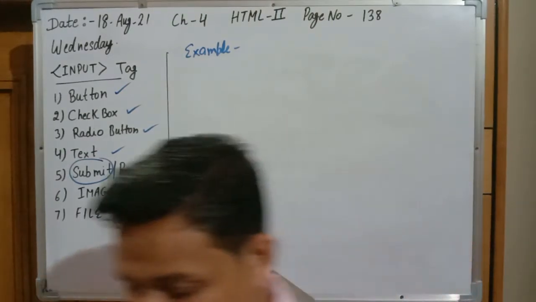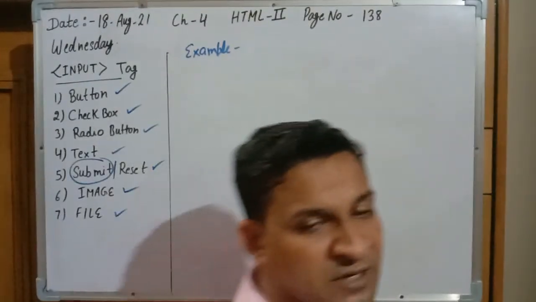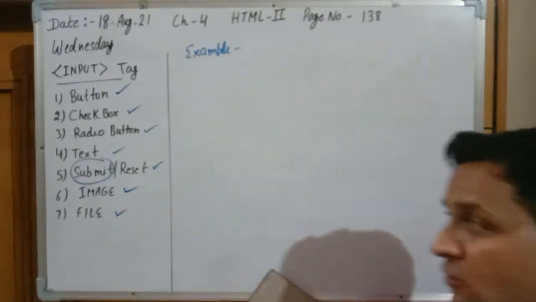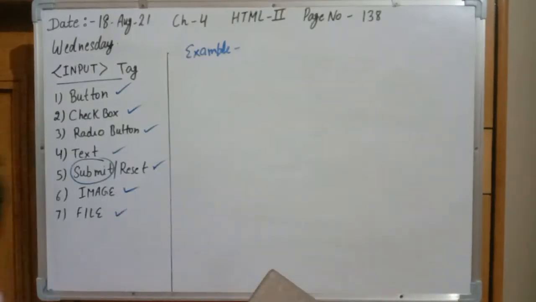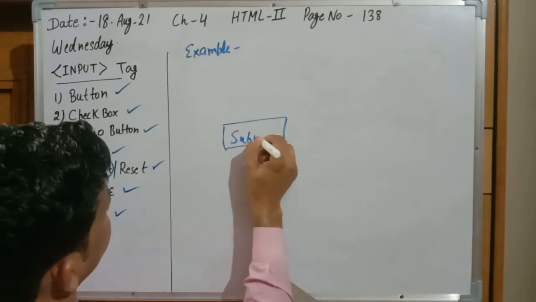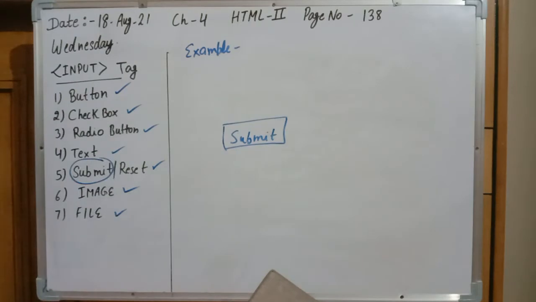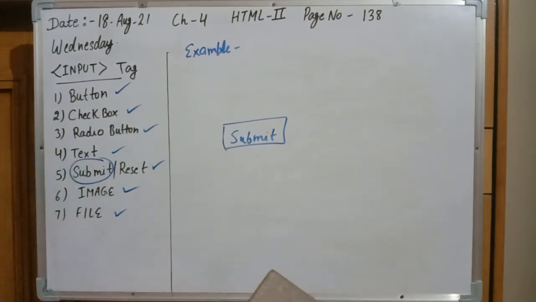It will design a button of type submit, on which when you click, your data will get submitted to a server. For that you need to prepare the server programming, but this is the designing of the HTML web page. So submit will create a button at the bottom, and the value they have given is submit. So in input type we have used checkbox, 5 checkboxes we have prepared, and one button of type submit, and the value of the button is also submit.